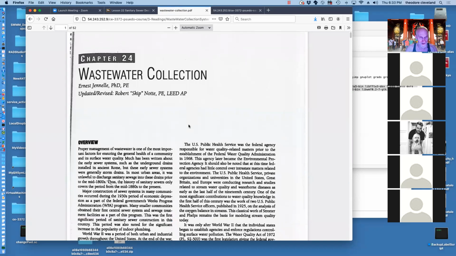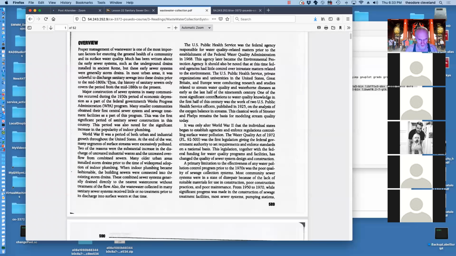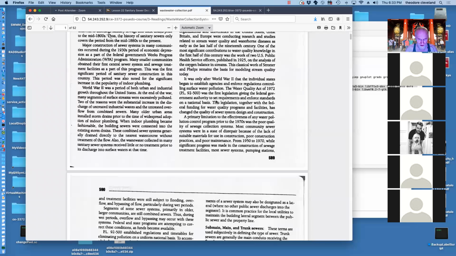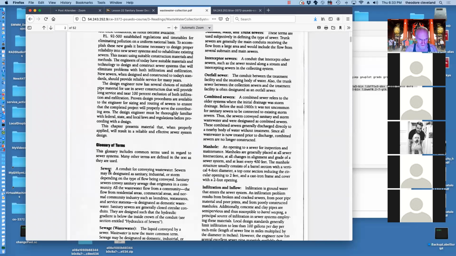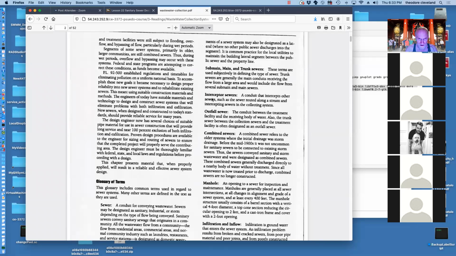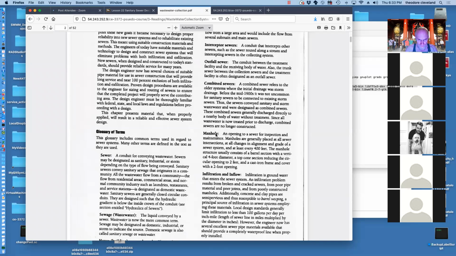I've referred to different chapters in other parts of the course. And this has a pretty good, thorough yet simplified discussion of wastewater collection in the context of civil engineering design. It has an overview, presents a brief history of its importance, has some definitions of different terms: what a sewer is, sewage, main and trunk sewers, interceptors, outfalls, combined, maintenance holes,